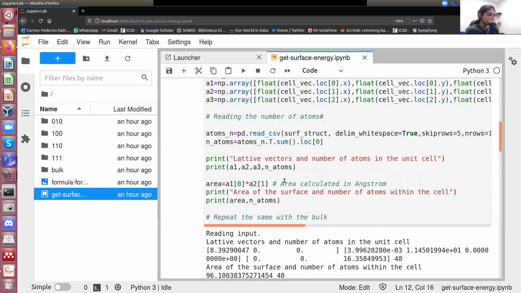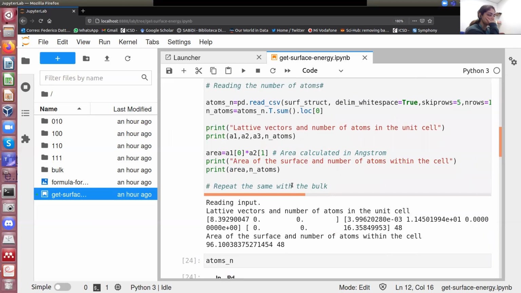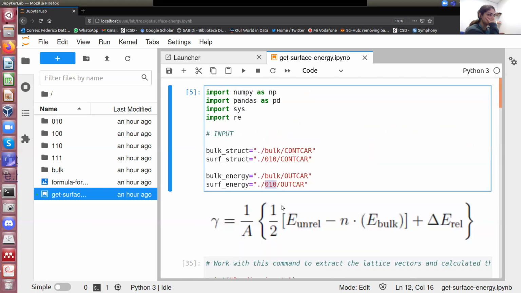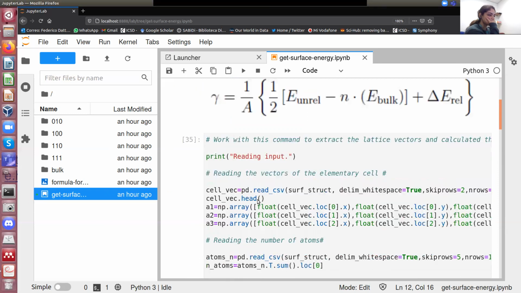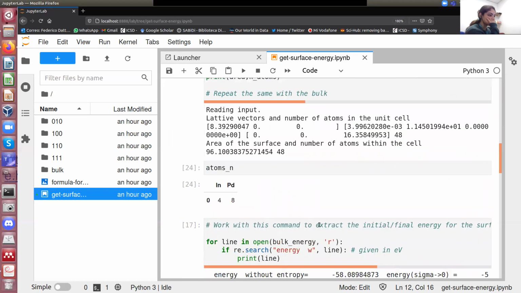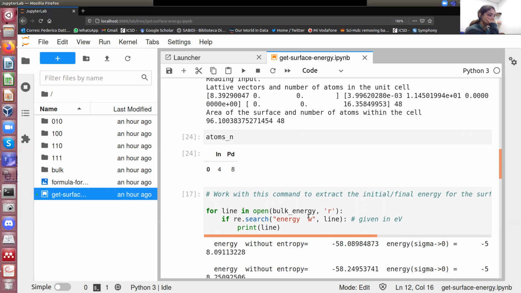And then you also want to get the energy, because, as I said, this will be the first energy. This is the difference between the last energy of relaxation of the surface minus the first energy, and this is the last energy of the bulk. Then you need to do this graph energy space W on Python, and you can do it like that.